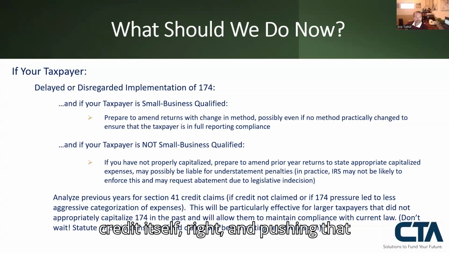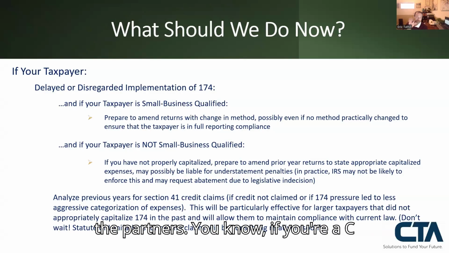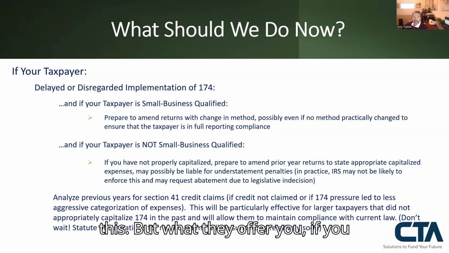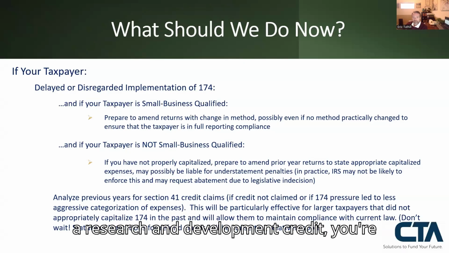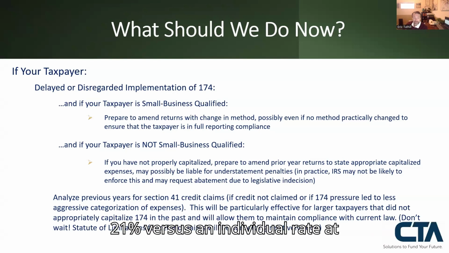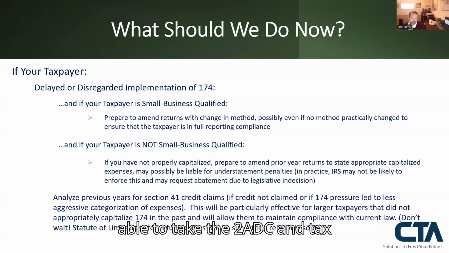Adding back the credit itself, right, and pushing that through to all the shareholders or all the partners. If you're a C corp, it's 21% regardless of how you do this. But what they offer you, if you file timely with a research and development credit, is that you're allowed to get a tax affected amount at 21% versus an individual rate of like 35, 30, 37, and so essentially you get an extra tax advantage by being able to take the 280C and tax affecting it directly on